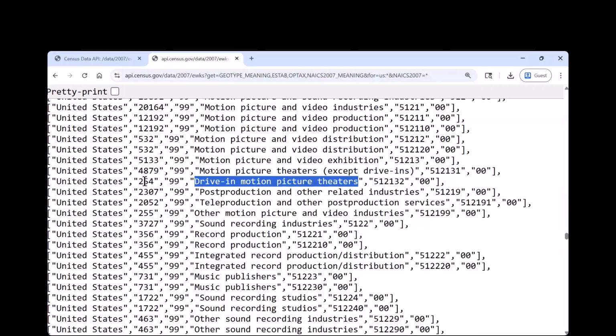We want the actual drive-in movie theaters. So I can see the answer I was looking for right here. It was 254. That was the number of establishments for drive-ins in 2007. But if we want to clean up the page a little bit, this is the NAICS code that we were looking for. It's a 6-digit NAICS code,